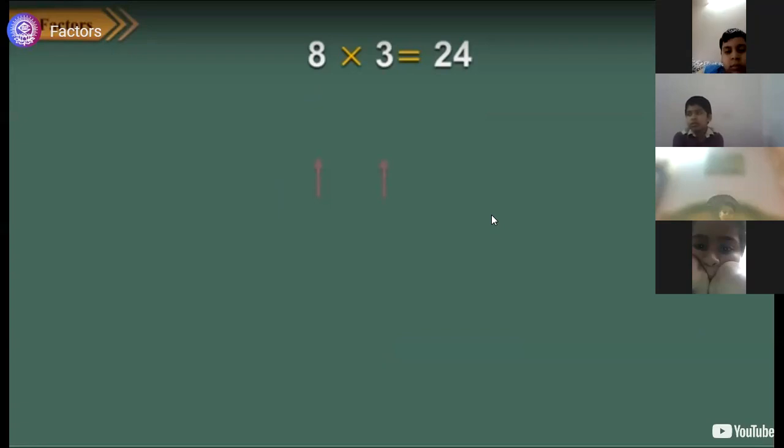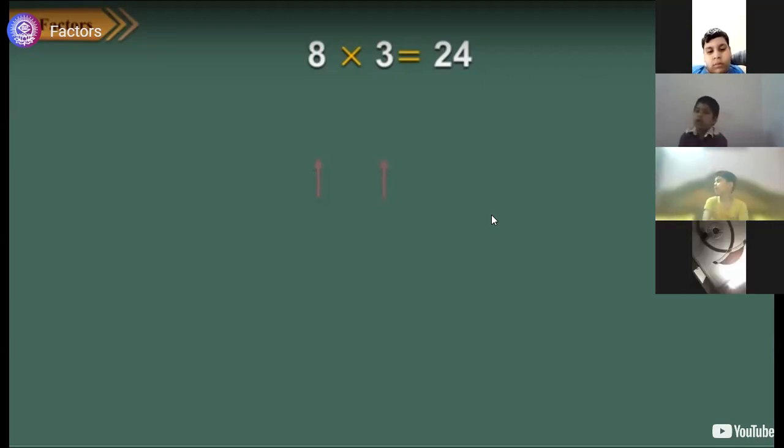And one example. Yes, ma'am. 6 4s are 24. Exactly. 6 4s or 4 6s are the same thing. Okay, we are just going to change the numbers. हम सिर्फ नंबर चेंज कर रहे हैं यहाँ पर. ठीक है, हम ऑर्डरिंग चेंज नहीं कर रहे हैं. मतलब 8 3s बोलेंगे 3 8s, the meaning is same. Okay, beta, answer will be same definitely.